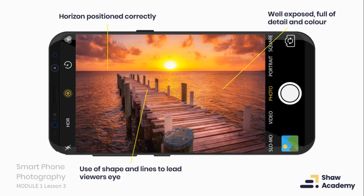So we've got this triangular shape here that's bringing us through the photograph with this kind of line as well, just leading us into the shot. And we've got this horizon then, which also caps it off very, very nicely as well. So there's a nice use of shapes here in the photograph too. And it's in focus and the subject is very clear. We understand what we're looking at here. We're being led through the photograph, down this jetty, through the use of leading lines, and to enjoy the sunset